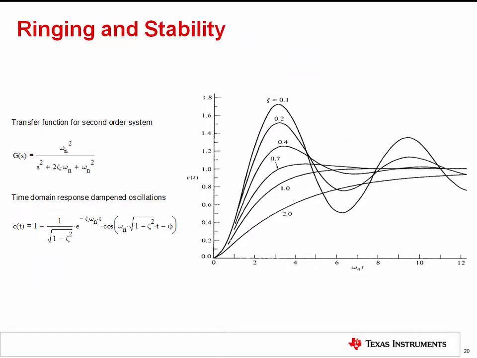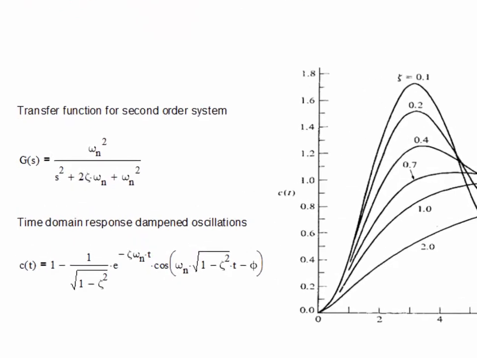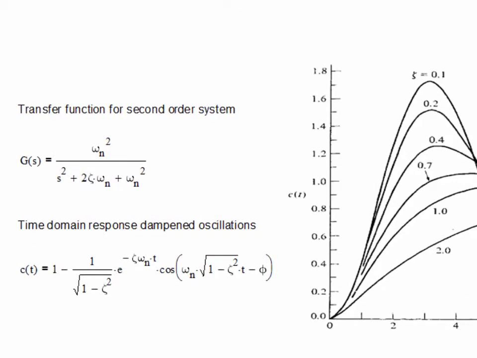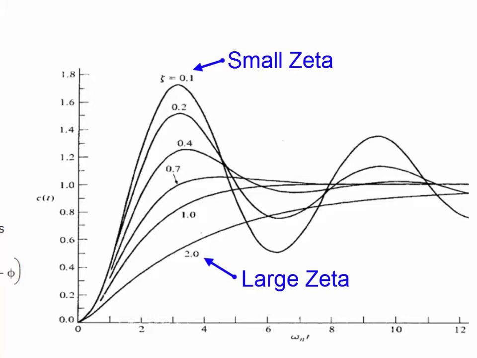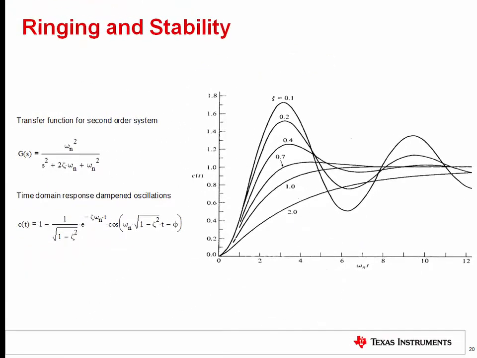This final slide gives a little bit more detail on overshoot and stability, showing equations for the transfer function of a second-order system in both the frequency domain and time domain. Plugging in different values of zeta, or the damping factor, into the time domain equation gives the plot on the right, which predicts the system's overshoot. Stability is a very deep concept which is covered in depth by later videos, so I won't go into more detail in this particular module.